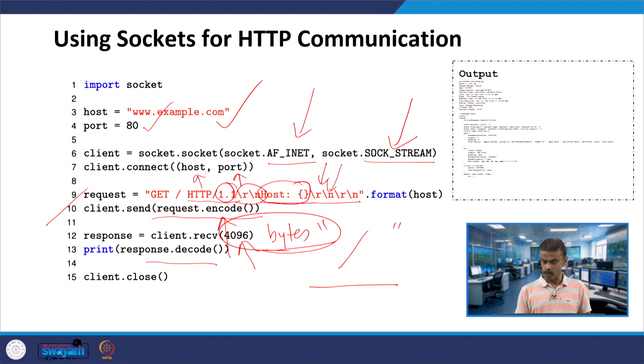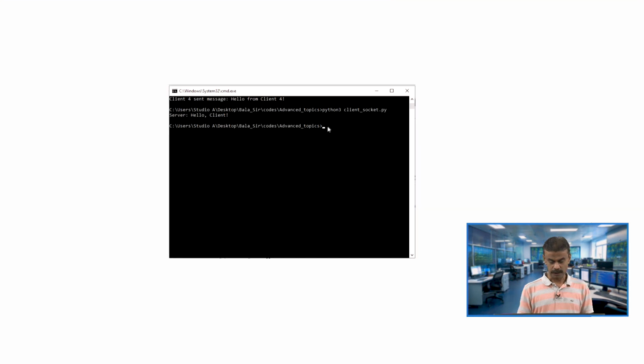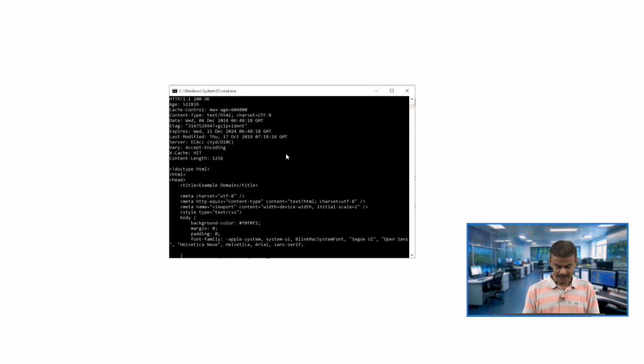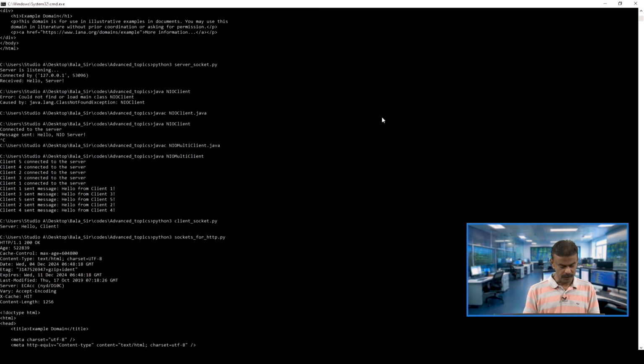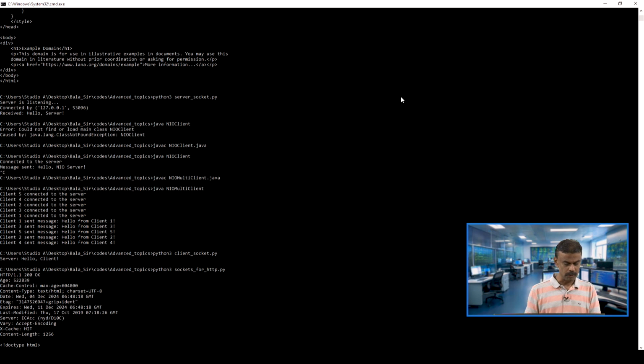Now when you run the code, you will get the output like this. This is some dummy www.example.com, so it has not been projected, purposefully. What I suggest is, you take some website and see the code and understand it. If you run the code in Python 3, you will see some example domain, and this is the sample output that I put.